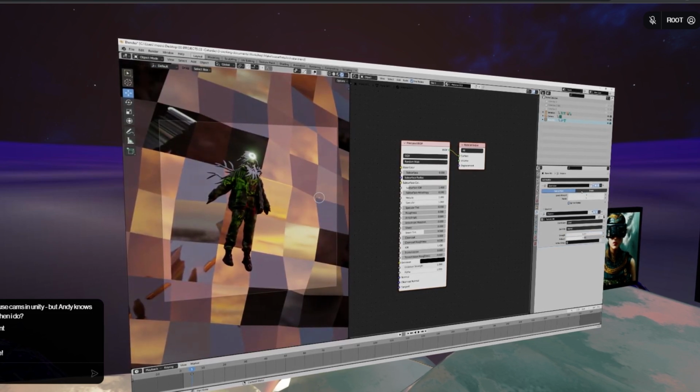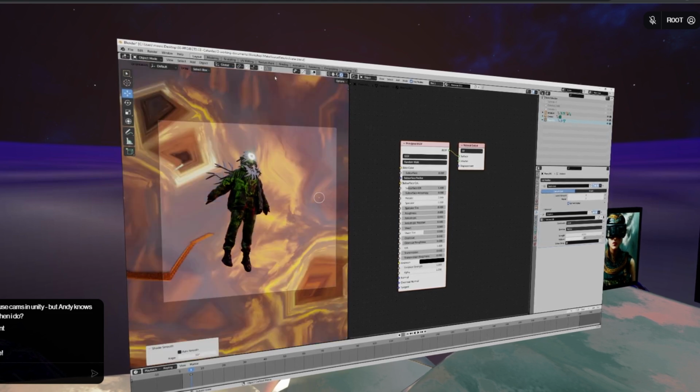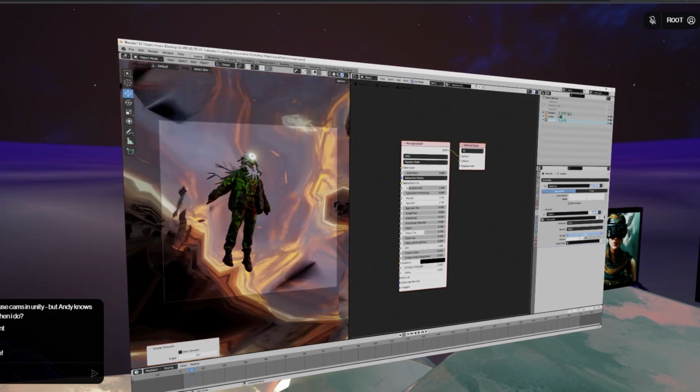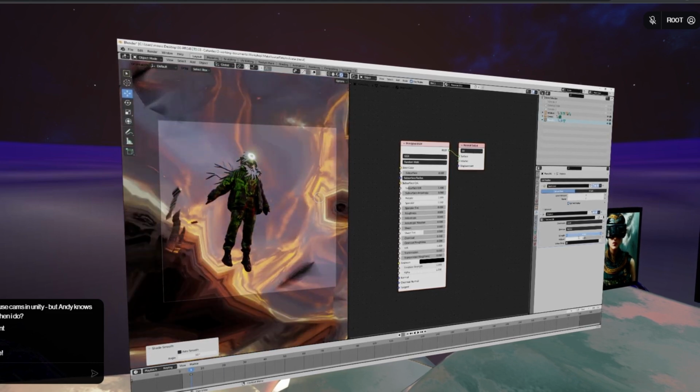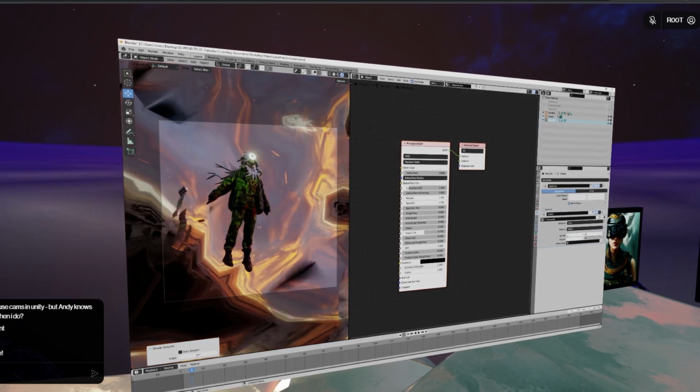I'm also going to shade it smooth, I think. Like that. It's like a warped sky kind of thing. Yeah, something like that. You can play around with this more, or